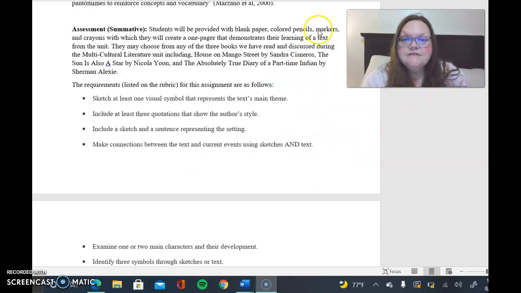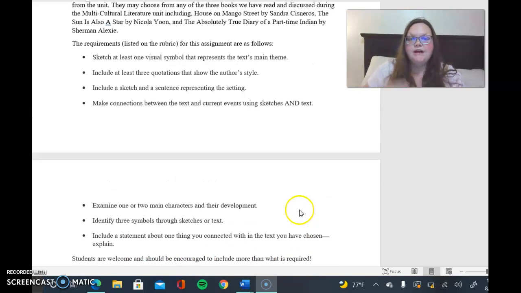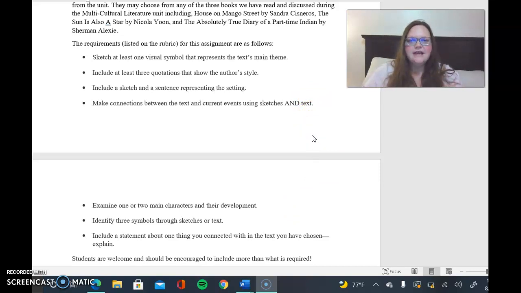These are the requirements. So this means this is what students must include, but I have left a disclaimer at the bottom that students are welcome and should be encouraged to include more than what is required, because that's the creativity element of this assignment. So if they need more than the requirements to demonstrate their learning to me, then that's what I expect them to include. And since these are college age students, a little less scaffolding, I've found, is usually better